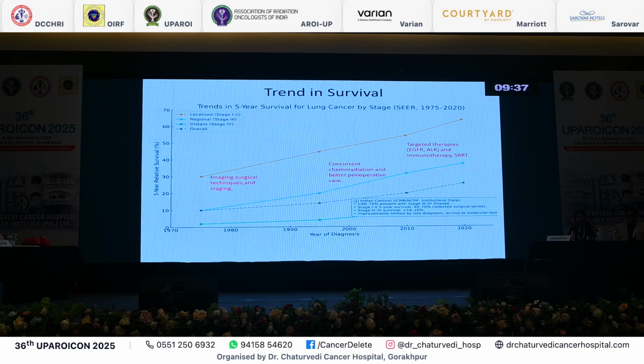But still, the sad part is that in India we are doing badly. And what leads us to do that badly? Because our patients don't have access to all the molecular tests. We are still treating patients on an empirical basis, and that is one of the causes. And most of the cases in our country are diagnosed in advanced stage 3 or 4. And as I showed, it shows a poor survival.